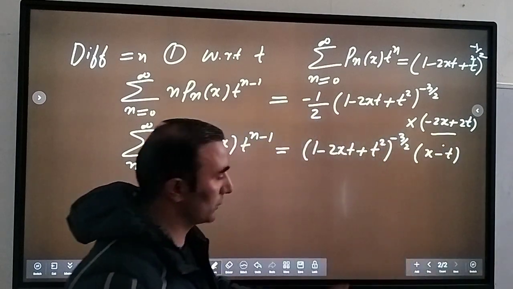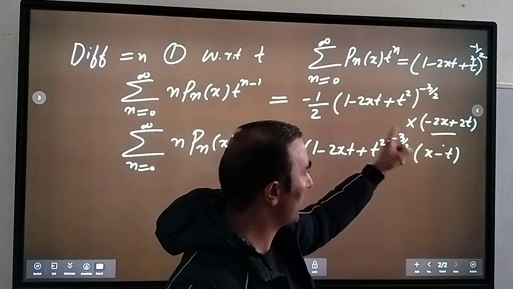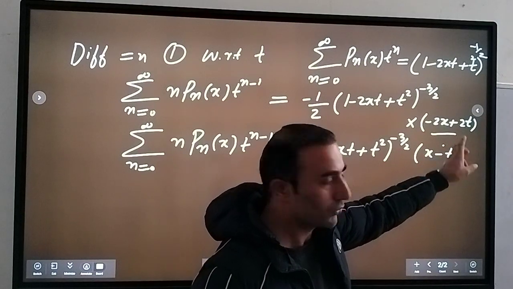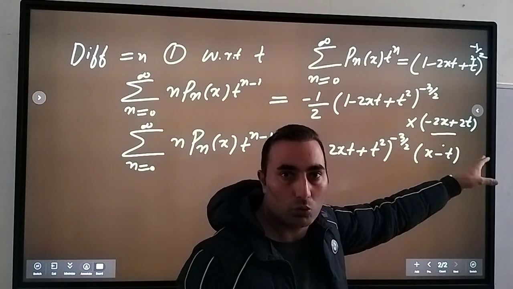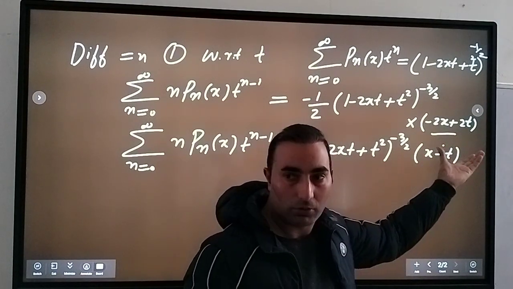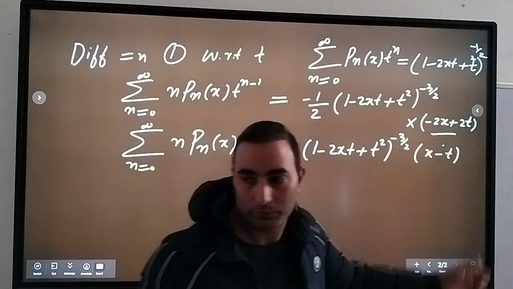because it's clear, you need to multiply the minus with this term, so it will be x minus t here, right? And that 2 you take out from this term, and